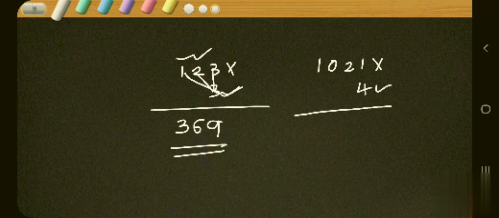First, this 4 has to be multiplied with yes, this 1, isn't it? 1 4s are 4. Answer should be written down this 1. Then 4 has to be multiplied with what? Yes, 4 into 2, isn't it? 2 4s are 8. Where the answer should be written? Exactly down this 2. If 2 4s are 8, isn't it?